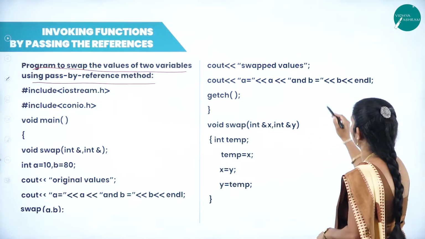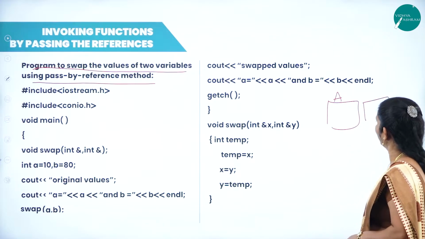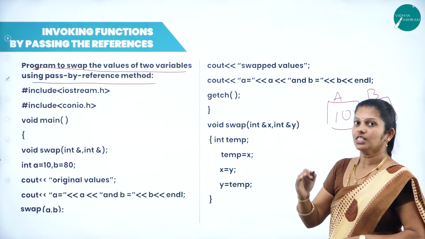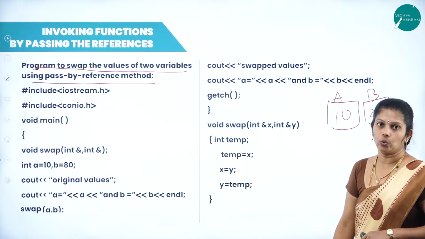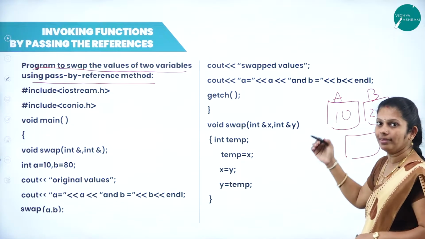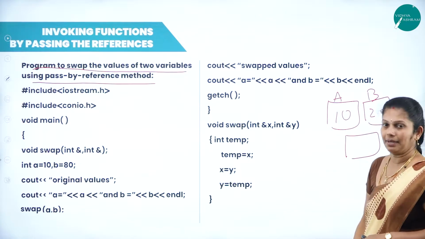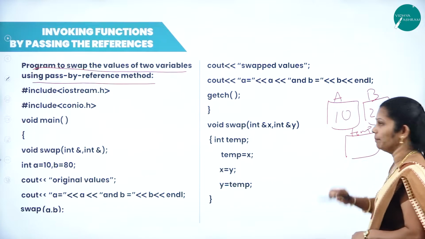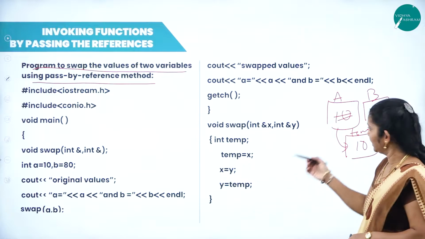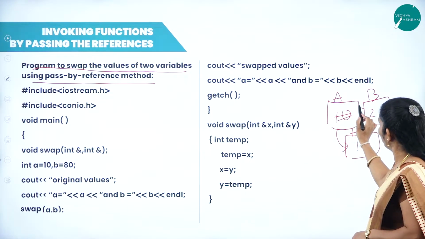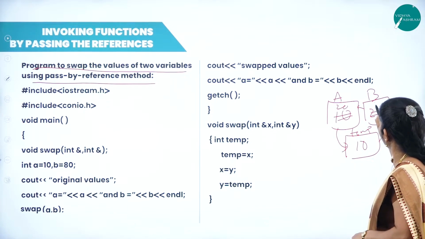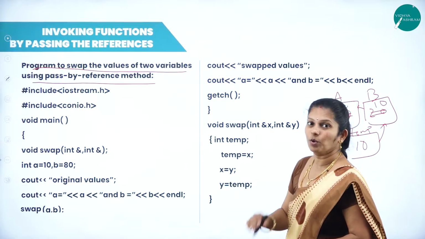Swapping is nothing but, consider the variable A and one more variable B. Here we have value 10 and here we have value 20. Swapping is nothing but interchanging the values of two variables. In that case, we cannot swap the values directly. What will we do? We will take a temporary area, for example, temp. First, we move the value of A to the temporary place. Now this space is free, so whatever value is in B, we move here. Now B is free. Later on, the temporary value we move here. Like that, the swapping takes place.